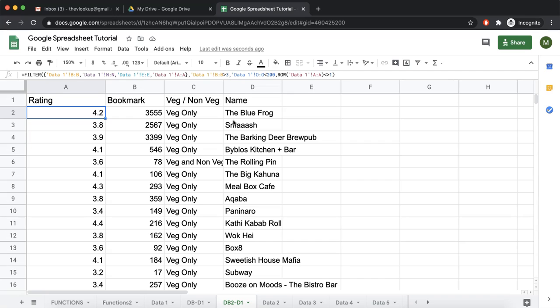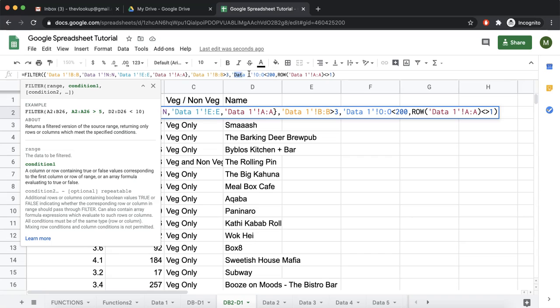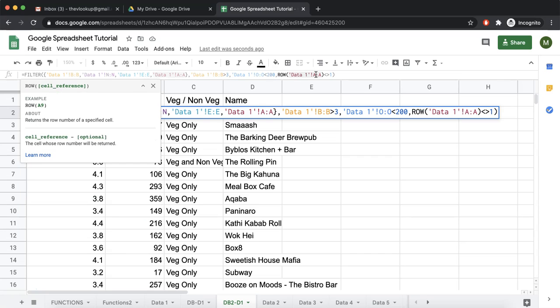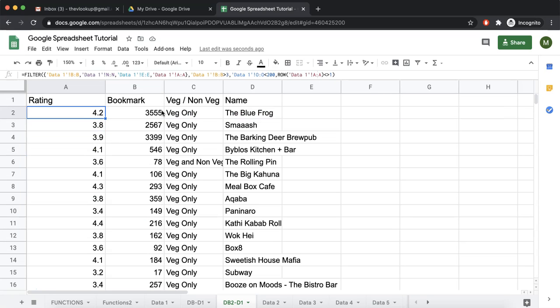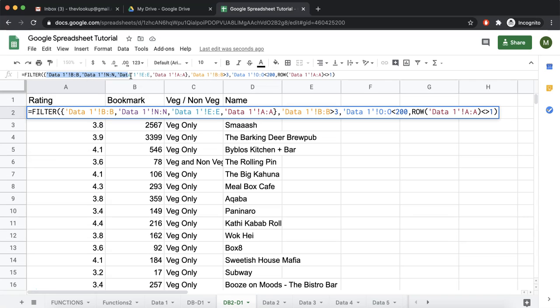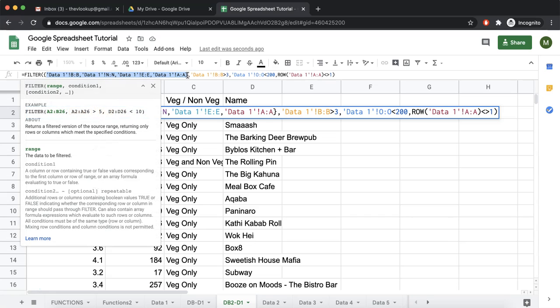This was about filter. Now what to do if we want or condition, like either this or this. Remember what we have done right now is all and. It will give result only if this is also satisfied, this is also satisfied, and this is also satisfied. Just to give you an idea how this entire thing is working is, the system is making a range of all these what we have decided over here.